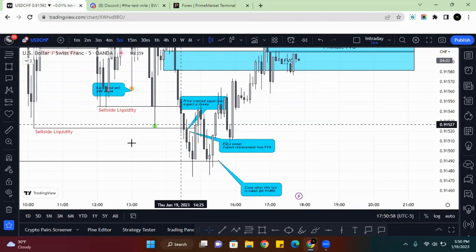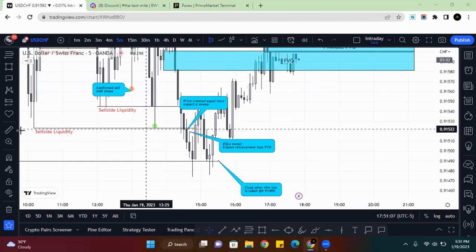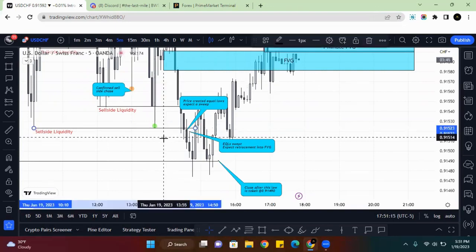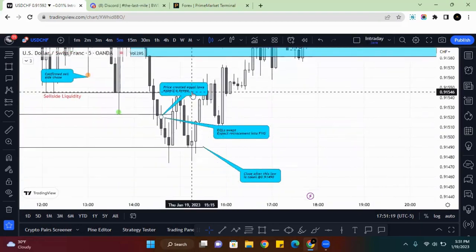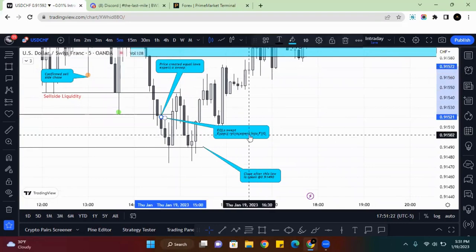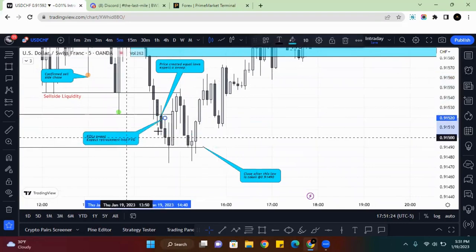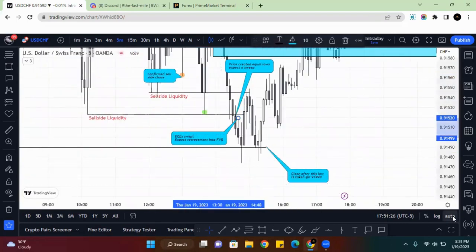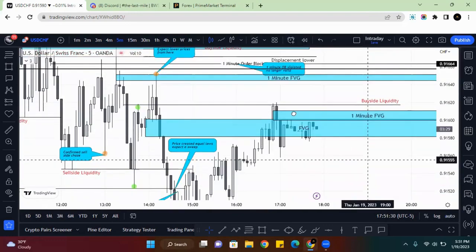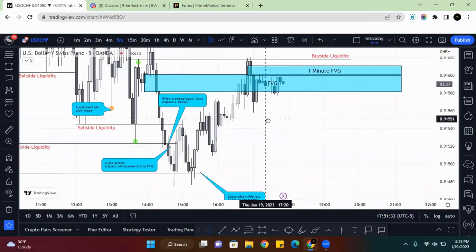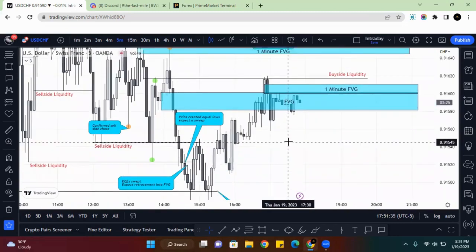So I noticed that, and I was thinking to myself, they're definitely coming to sweep those equal lows. Anytime you see extremely equal lows, relatively equal lows too, but like extreme equal lows, where it's almost identical to the pip, they're coming for that. I was correct. Price traded below, and I knew after that the next thing they were going to have to do was take some buy side, but it was getting later in the day, and I didn't want to get taken out by spread, so I closed with like 1.3% profit overall, risking 0.5%.